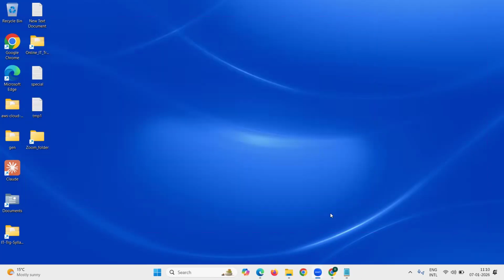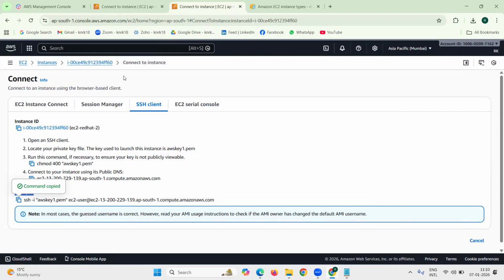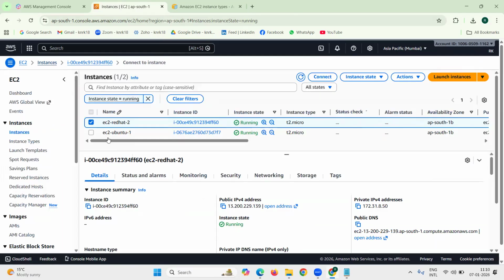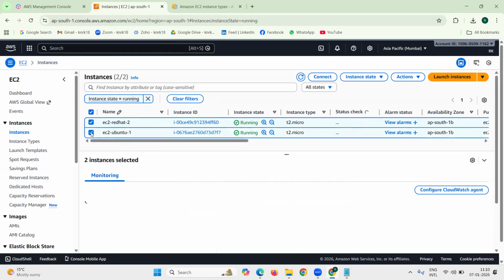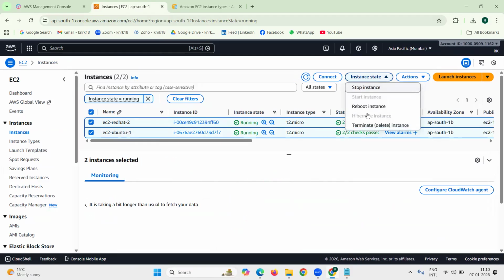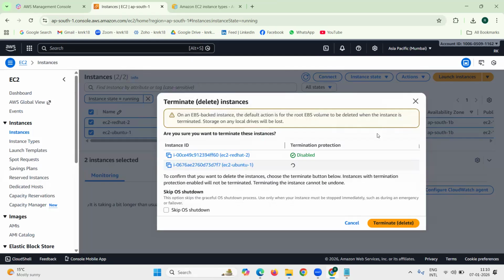I will not be using these machines because they are test machines, so I can delete these two machines. Delete in AWS terminology is terminate. Select these two instances, go to instance state. There's a terminate, delete instance option; select it, and make sure the data is stored in an appropriate place before you delete